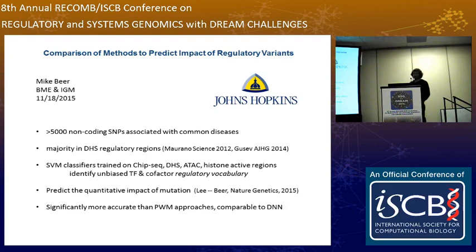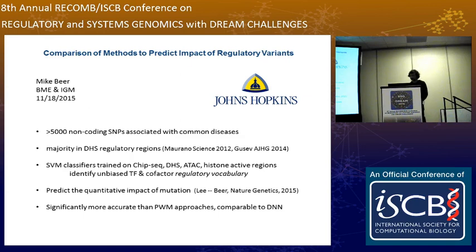I'm going to talk about comparisons of different computational methods to predict the impact of regulatory variants. So we know that there are thousands of non-coding SNPs from GWAS that are associated with common human disease. And most of these fall in active regulatory regions by various assays. It's easy to dismiss these, but I think there's a lot of biology of human disease in trying to